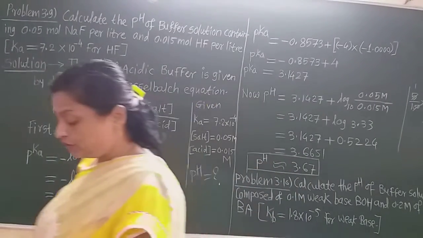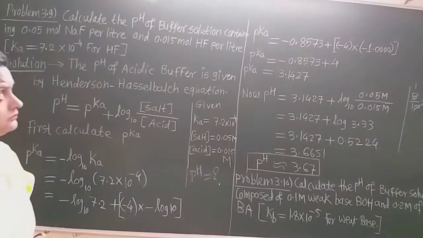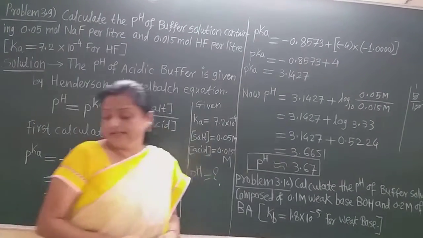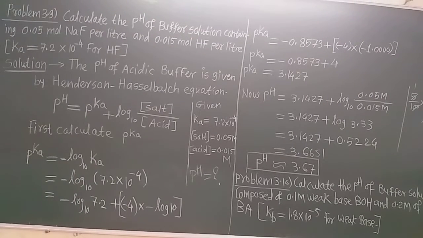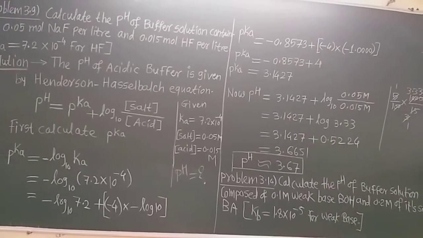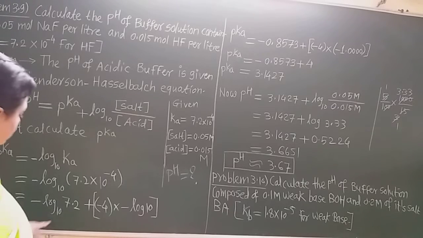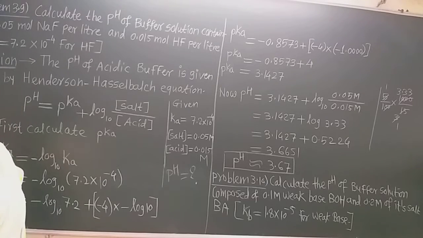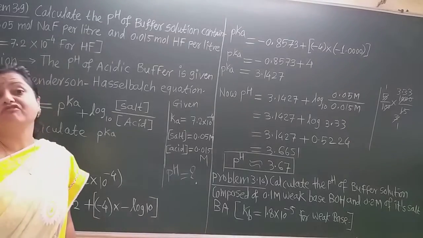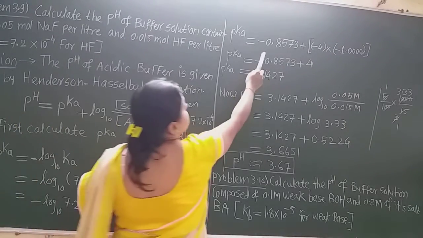Now see on the blackboard, students. In that, this pKa is calculated as, now the log of 7.2 you see in the log table. So what is the log of 7.2? The log of 7.2 is 8573 and the characteristic is 0 here. Why? Because here is only one digit before the decimal point. So if there is one digit, 1 minus 1 becomes 0, because we decrease by 1, and therefore the characteristic is 0 here.